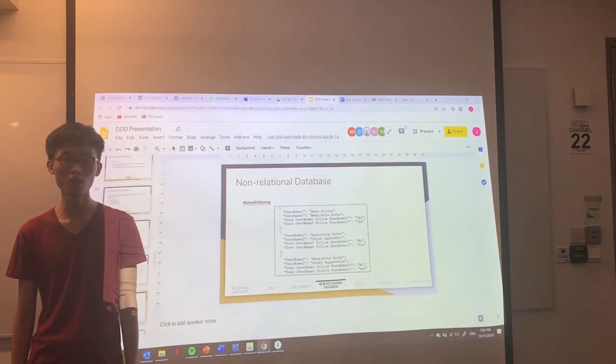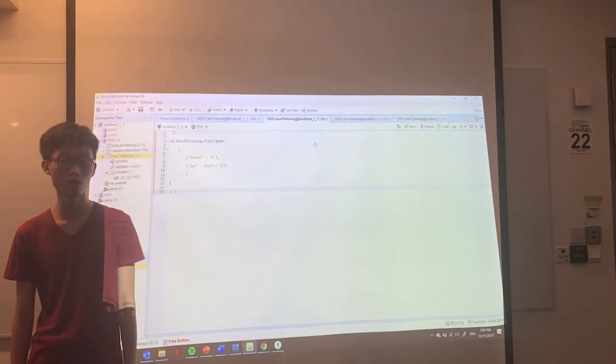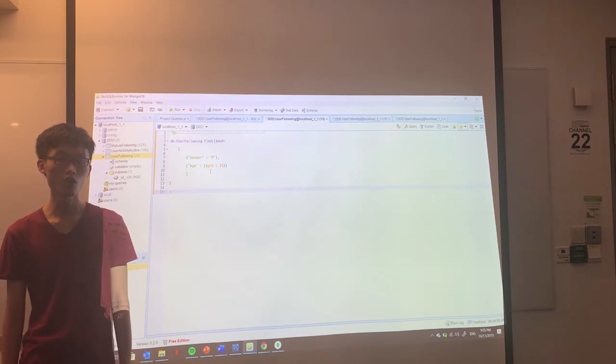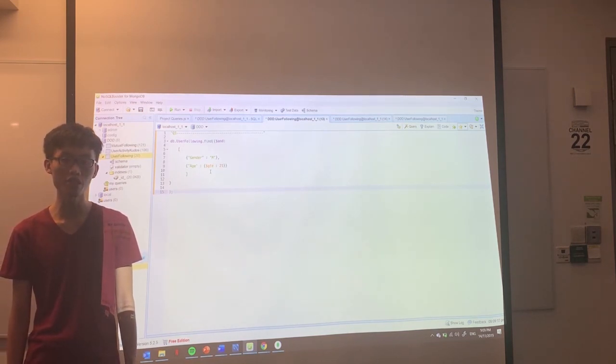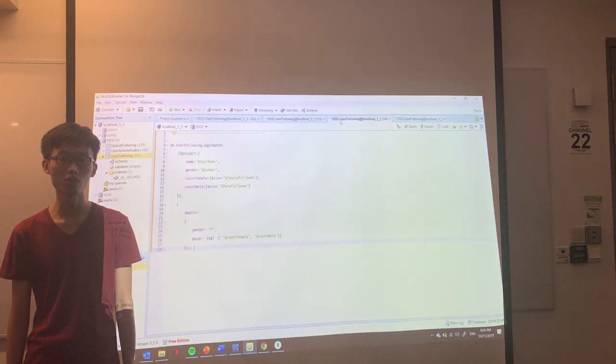Now we will move on to the NoSQL booster to visualize the query. For question 1, we use the find function and filter the database by the male gender as well as the age more than 21. For question 2, we use the project function to generate a temporary document of users together